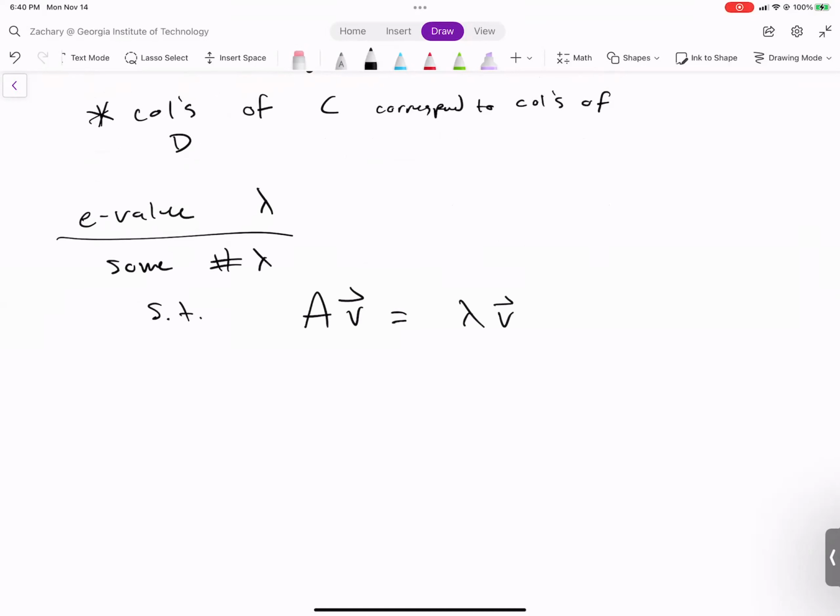What that means is, an example of why we like to do this: if A is 30 by 30 and V is a 30 by 1 vector, you don't want to do that giant matrix algebra, right? And if lambda equals 1, you can just skip all the matrix stuff and just say it's equal to 1 times your vector. That's the whole motivation.